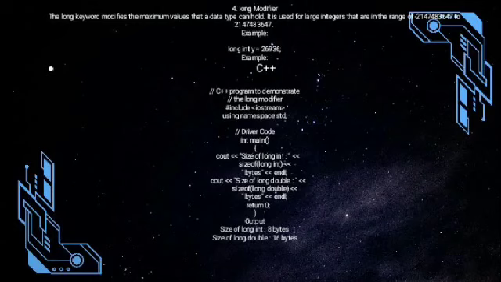Long modifier. The long keyword modifies the maximum values that a data type can hold. It is used for large integers that are in the range of negative 2,147,483,648 to positive 2,147,483,647. Example: long int y = 26936;